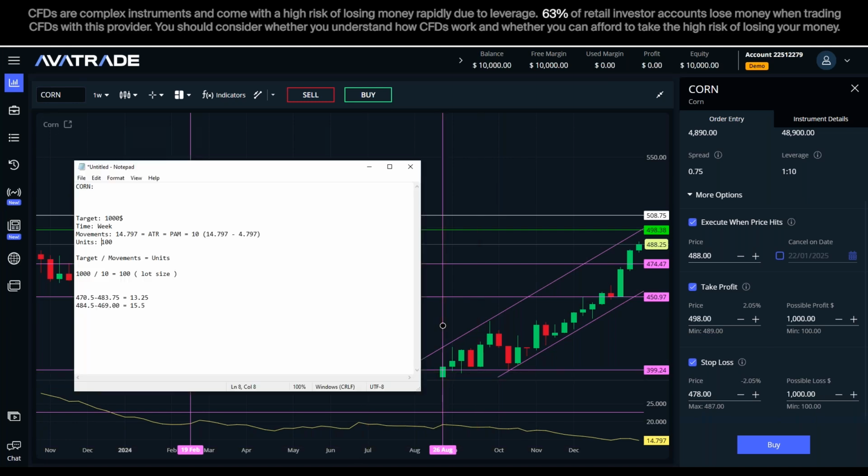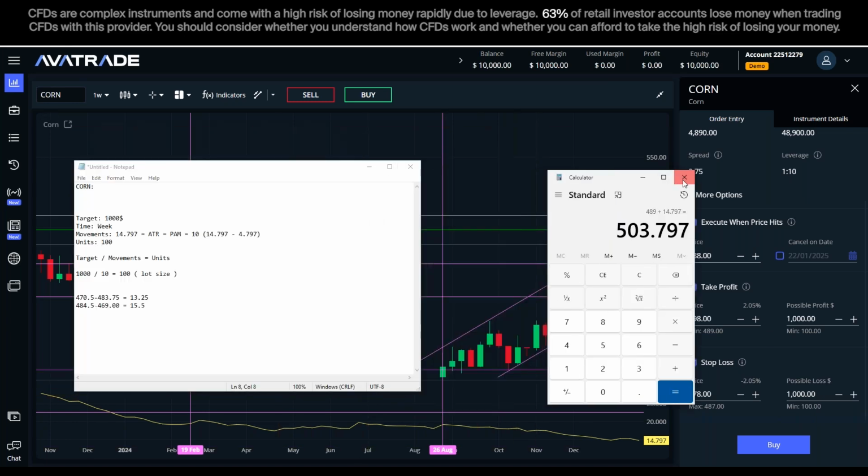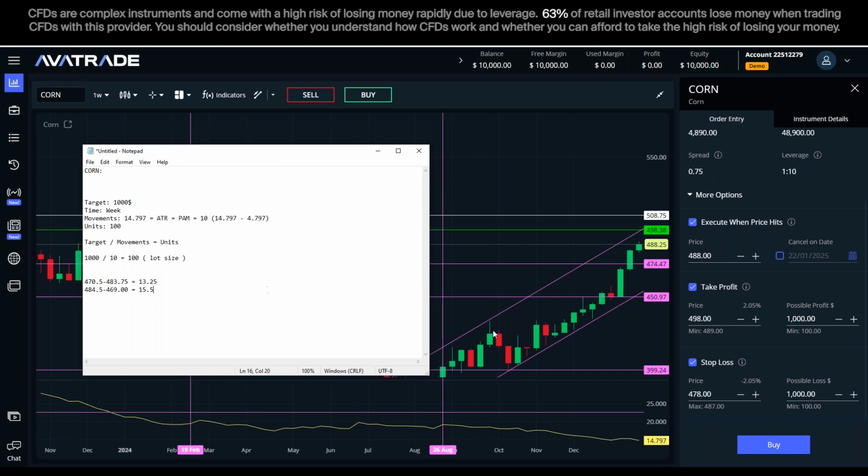Why do I want to do that? Because I calculate the exposure of my current stop loss to my balance: potential loss divided by balance equals X, and then X times 100 equals the exposure percentage factor,